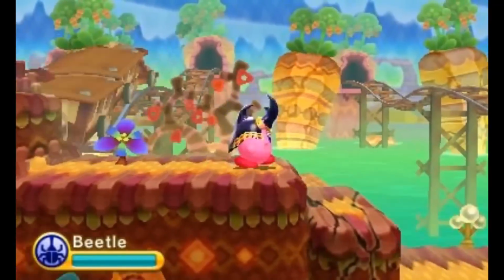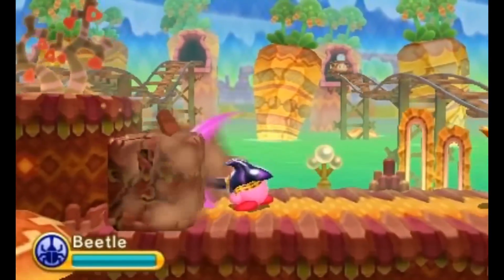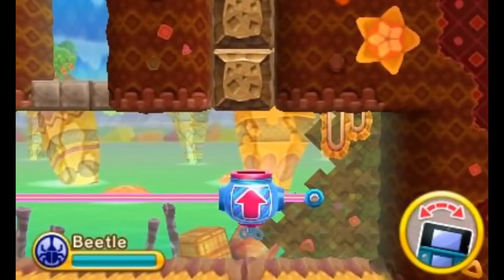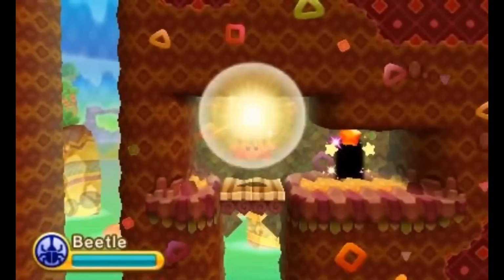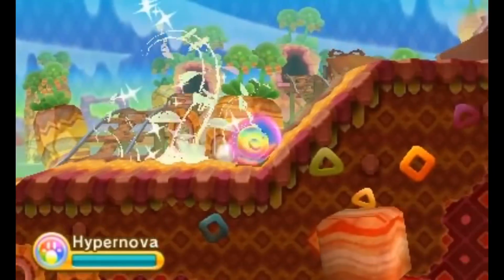I went into this stage with Beetle and was able to get through most of the stage pretty easily. In addition to just getting through the stage, I was also able to get the first sunstone. Unfortunately, Hypernova appears in the second half of this stage. With this particular Hypernova section, I did come across one